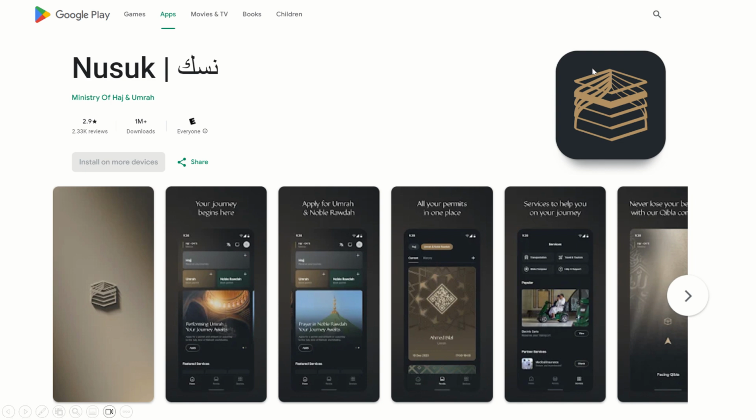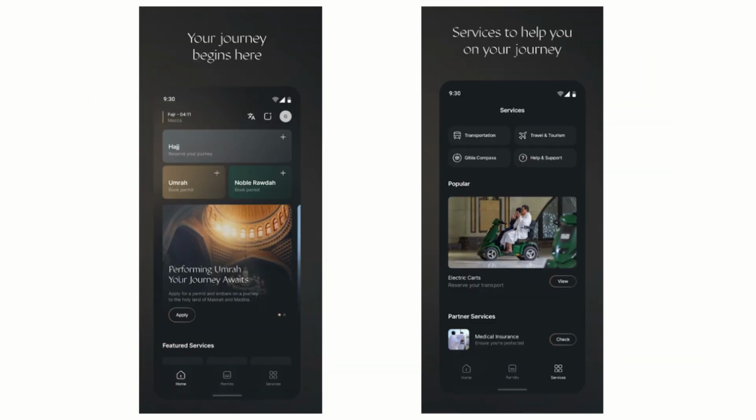The symbol, if you remember, previously had a golden brown background, and now the symbol is the same, but they have changed the color to black. So if you try to open the Nusuk app which you had a few months back, it will say please download the new app. So first you need the new app, and why almost everyone would need it is due to visiting